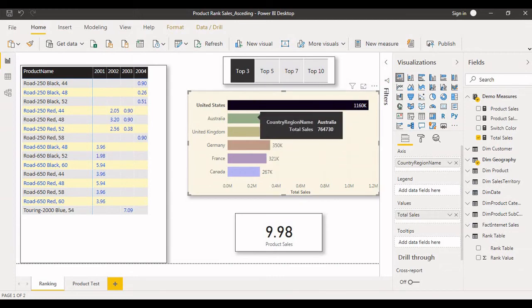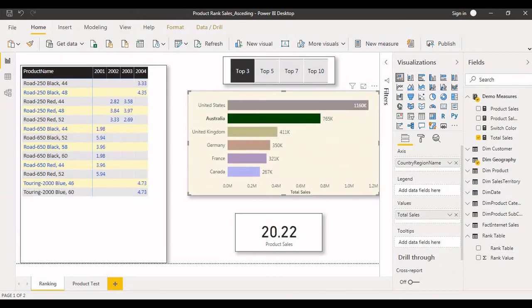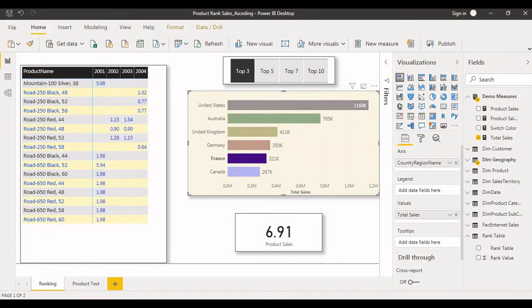Similarly, click on Australia, United Kingdom, Germany, France, Canada. Like that we can understand which product is performing well and which is not, so we can take better decisions based on these numbers.